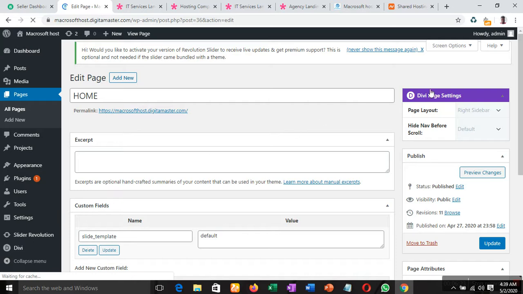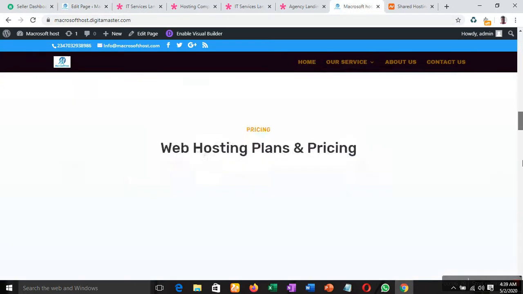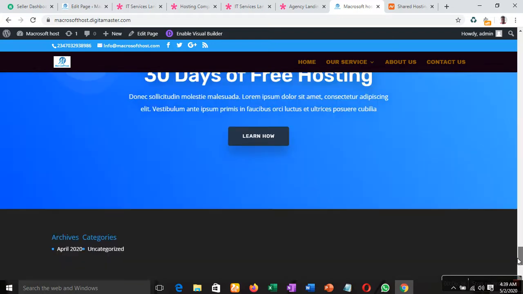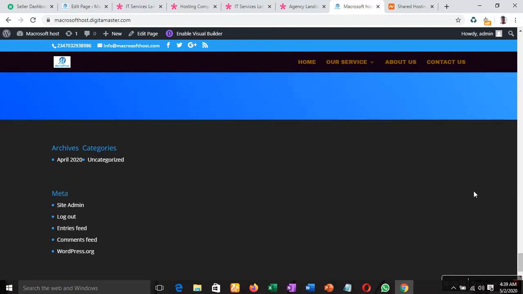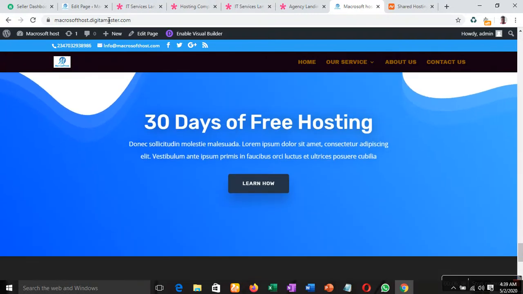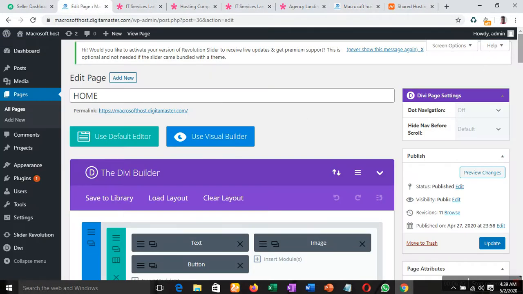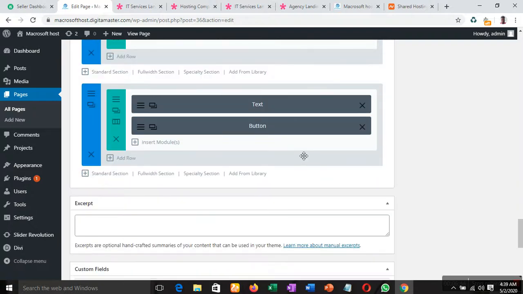I want this to be at the bottom of this page, at the bottom of this 30 days of free hosting. That 30 days of free hosting is our last element here, which is this place now.